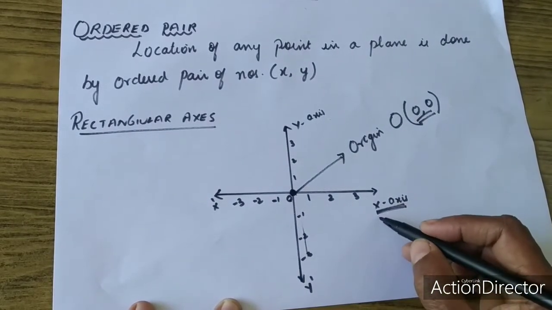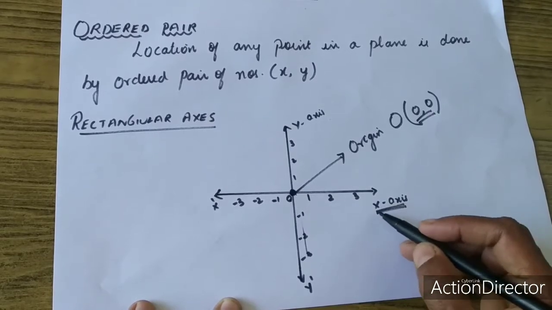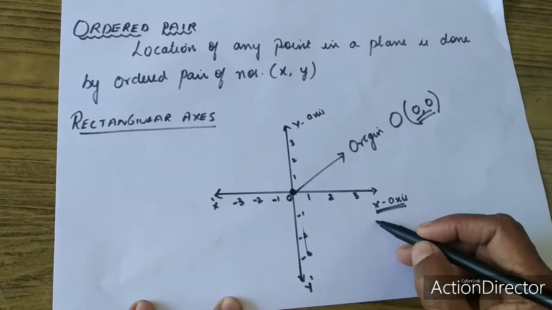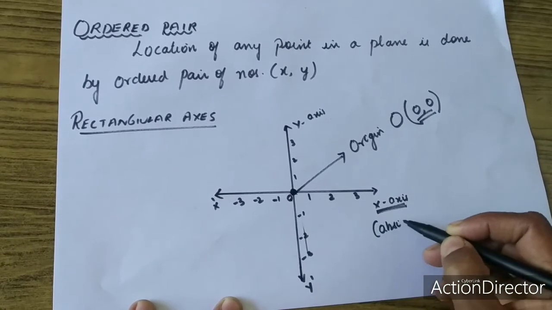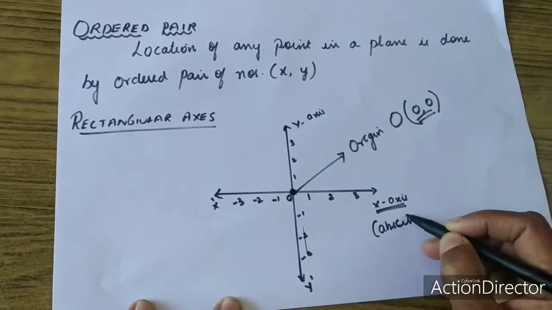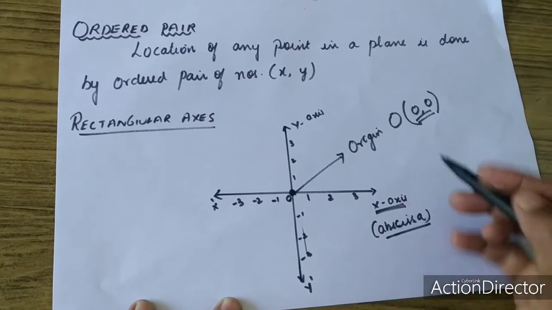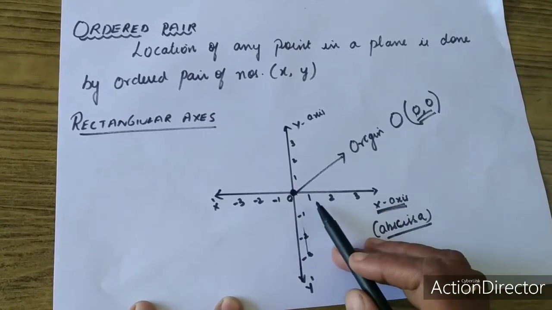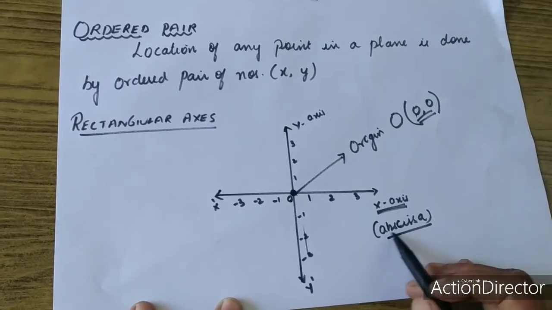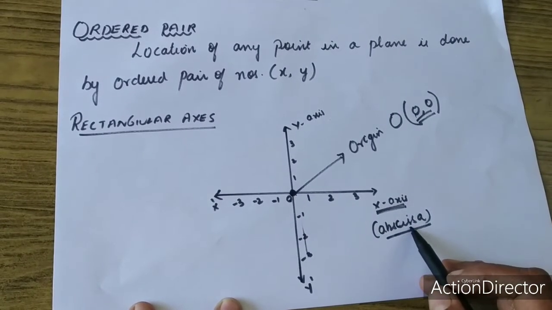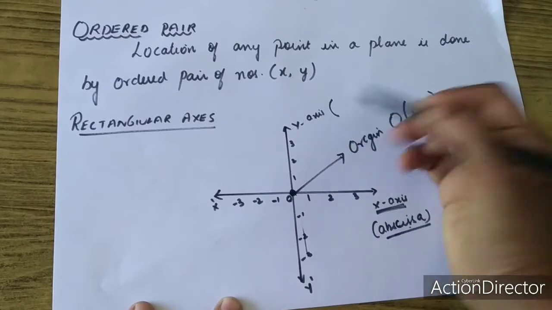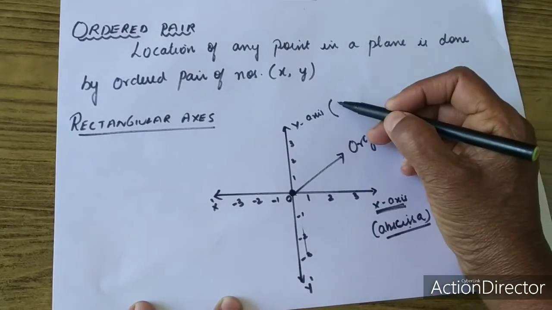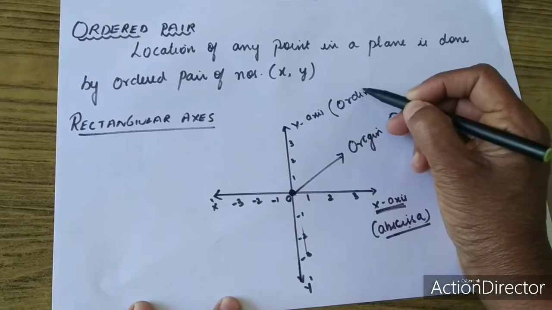Also, the other name for the x-coordinate is abscissa. This you should remember. Whatever numbers are on the x-axis are coordinates, and that coordinate you also call the abscissa. Similarly, the other name for the y-coordinates, that is the y numbers, is ordinates.